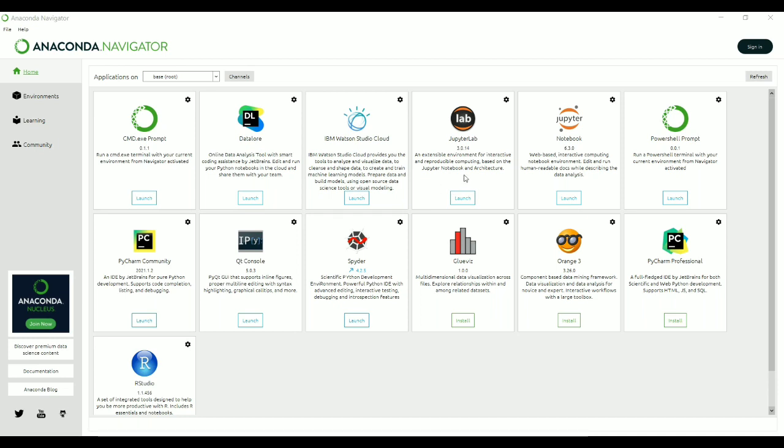This is Jupyter Lab and Jupyter Notebook. These are the same thing, but they are two different platforms. Some UI based difference is there between Jupyter Lab and Jupyter Notebook, but both are coding based platforms. Next is this PowerShell prompt, which provides us the UI based environment.